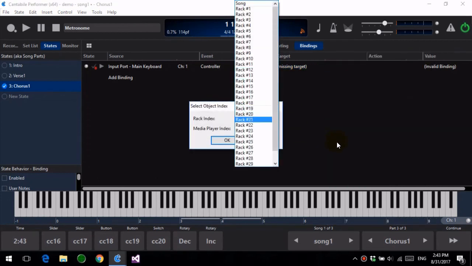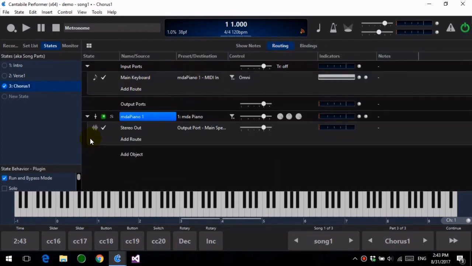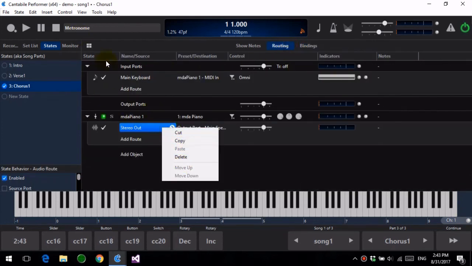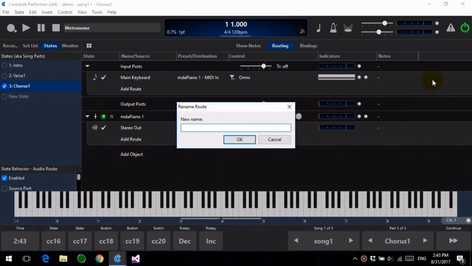So for example, in this routing panel, if I wanted to control, say, the gain on this stereo output port, there's nowhere in this bindings panel where I can find that. And the trick here is that you need to give the route a name first. So if I just select that route and then choose Edit, Rename, and let's call it MDA Piano Stereo